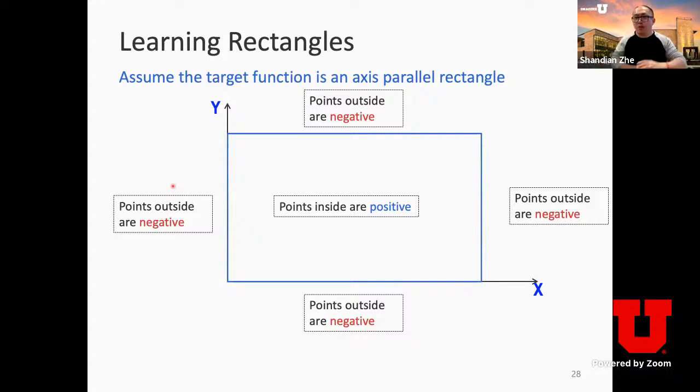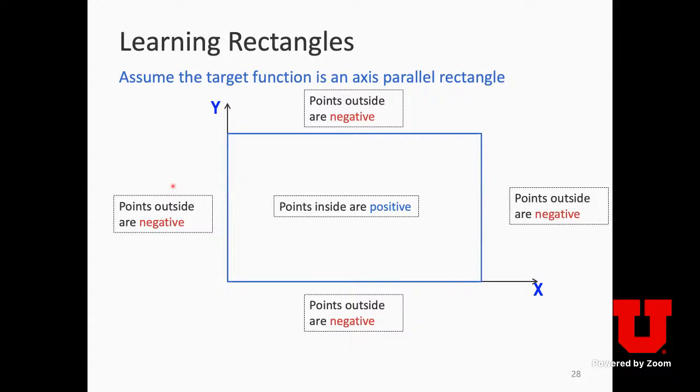But this learning procedure, intuitively, as long as we are giving more and more training examples, we should be able to approach the target function more and more, right? So at the beginning, suppose we're giving just these 3 training examples. Of course, when we learn it, we might end up with this small rectangle. This hypothesis obviously is far away from the target rectangle classifier, right?